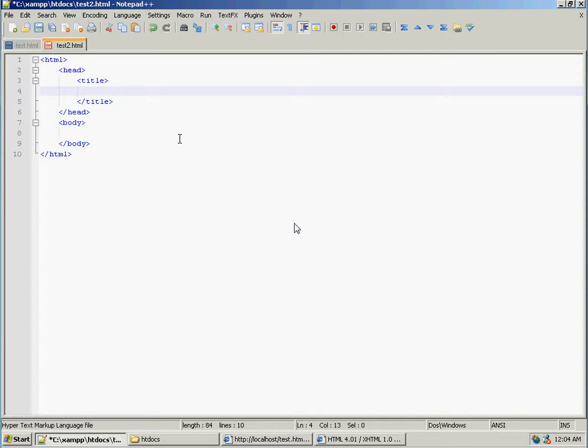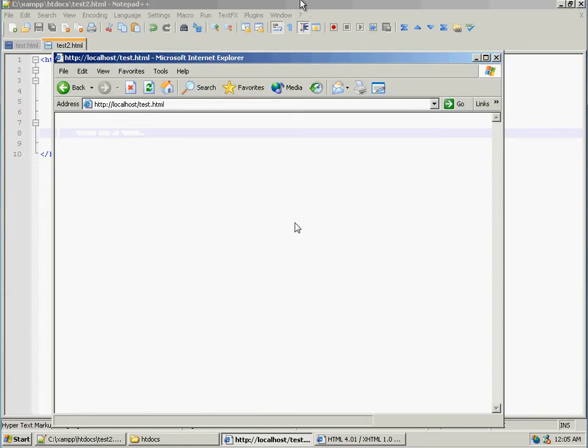But let's say you have an HTML page that's called my HTML document title, and the body of your HTML is "This is a test." So if you save this and run it,